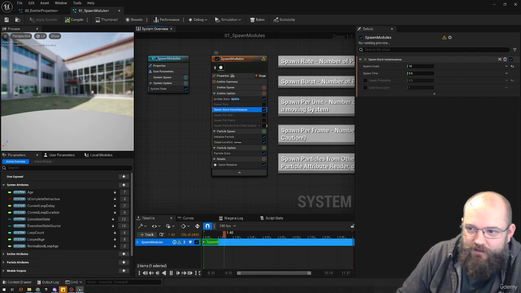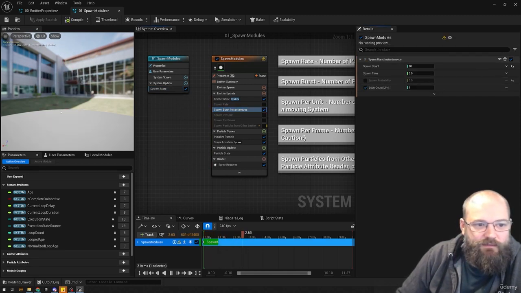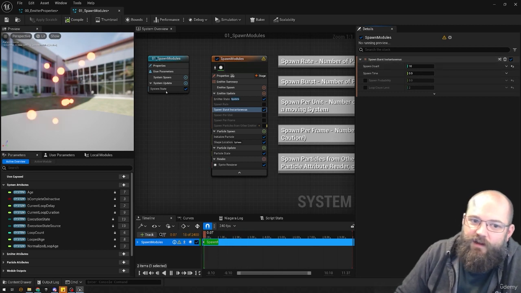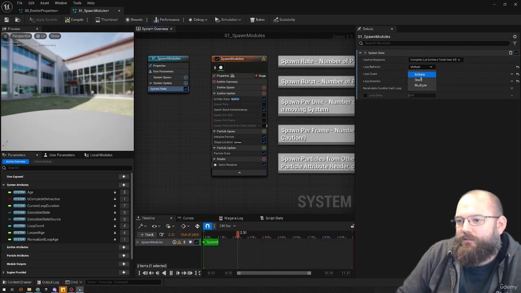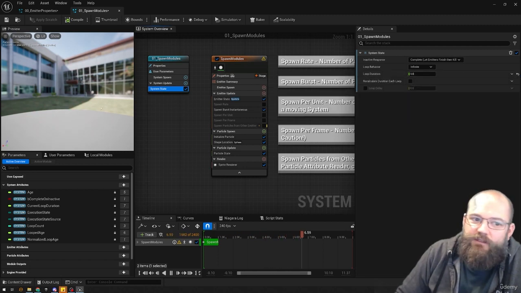It's a bit clearer. And if I set my loop limit to 1, now I'm going to get 1, and then no more. There we go. And so we could set 2 out of 3, and you could do that kind of thing. What I was going to say, currently our looping is happening. If I set that back to infinite, our loop duration is always 1 second long, and so we're always getting